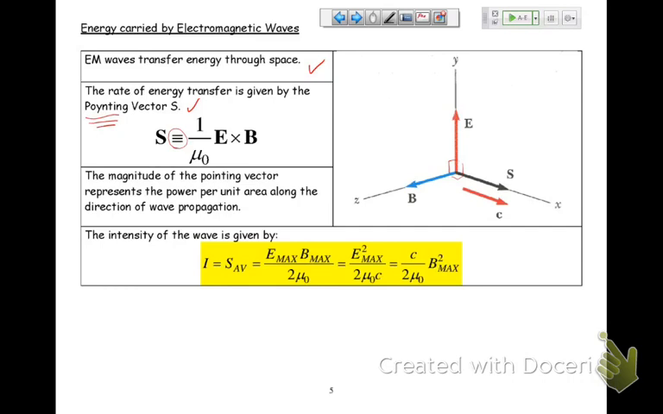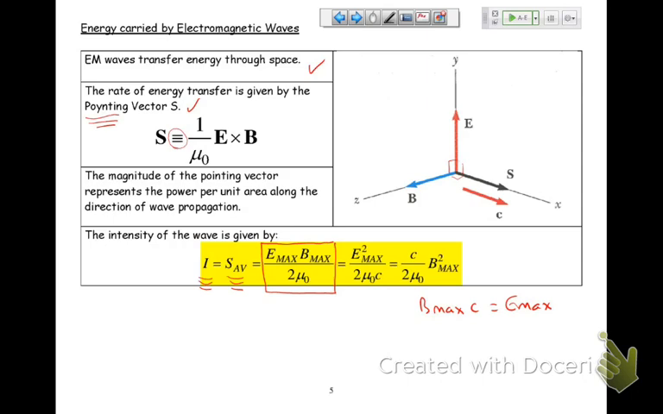The magnitude of the Poynting vector represents the power per unit area. That would be watts per square meter along the direction of the wave propagation. The intensity of the wave is equal to the magnitude of your Poynting vector, which is Emax Bmax over 2 mu naught. That's the take home. And if I remember that Bmax times c is equal to Emax, then I can derive